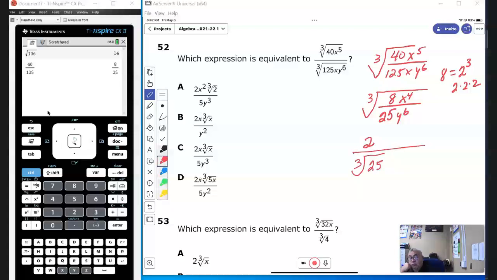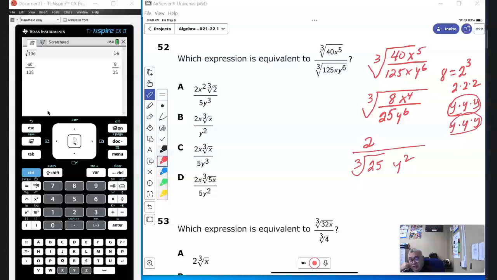And then we can find the cube root of y to the 6th, which is y times y times y, y times y times y. So the cube root of y to the third is y. And then the cube root of y to the third again is y, so it's going to be